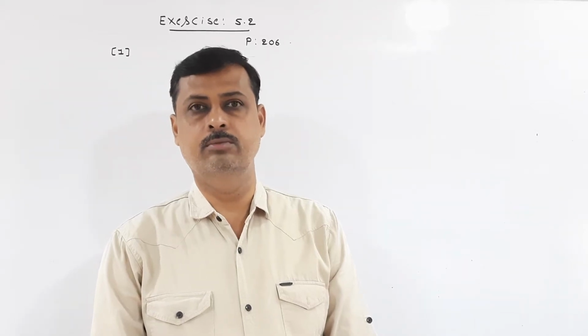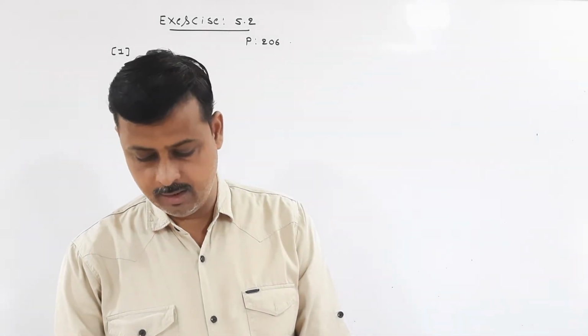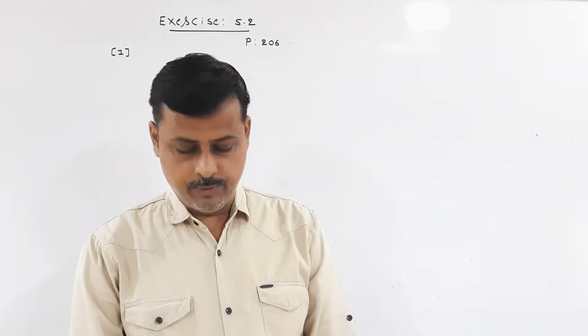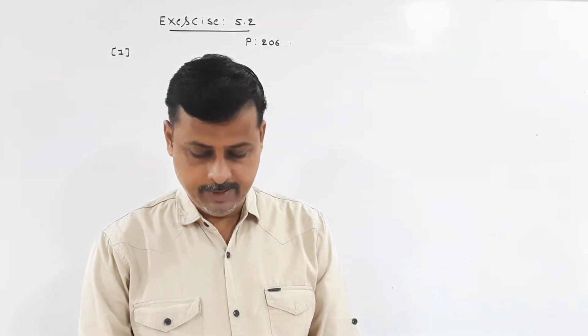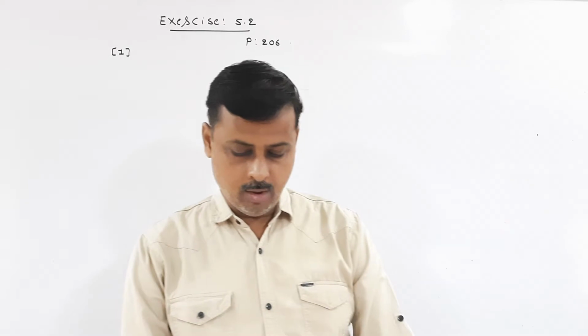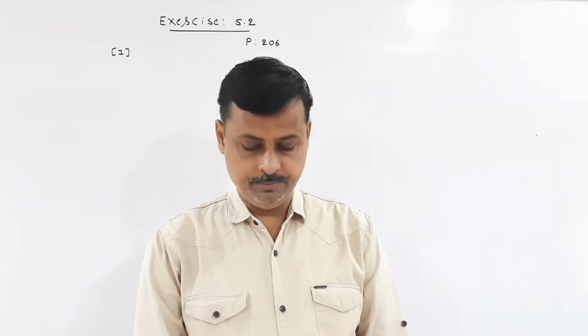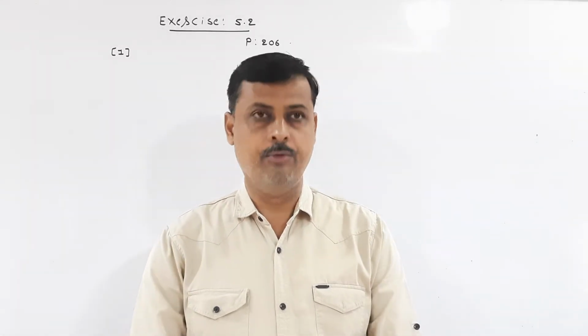Today we are going to learn about exercise 5.2. From the following frequency distribution of different youngsters exercising in a gymnasium, find the coefficient of skewness by Bowley's method and state the type of skewness. Here the age of youngsters is given and the number of youngsters is given, and we have to find the coefficient of